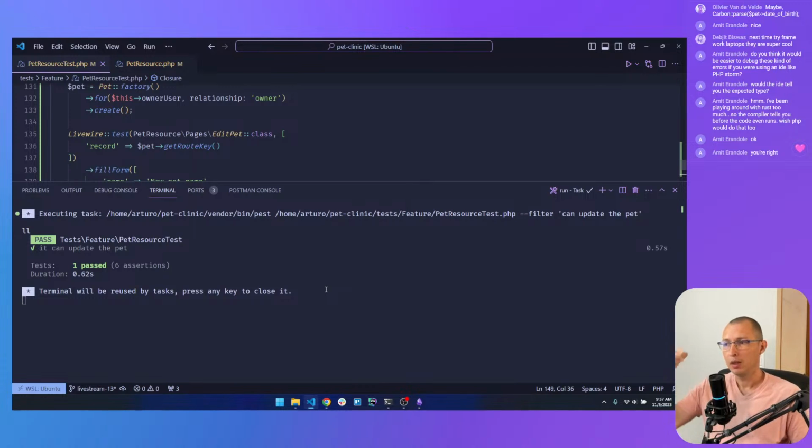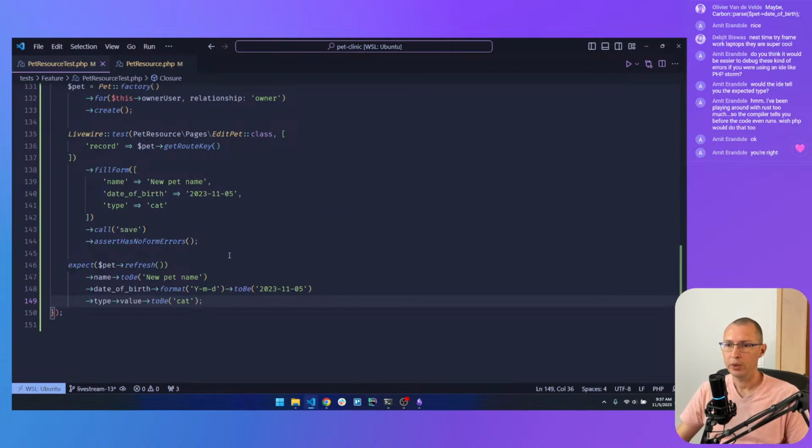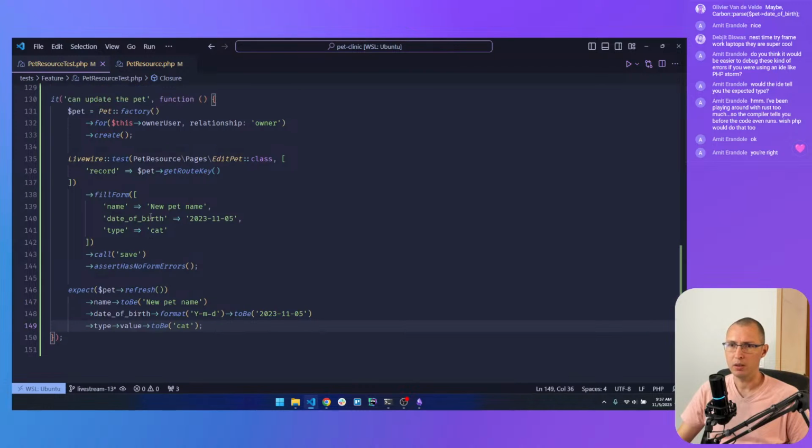And this is passing because Filament already, when you create a Filament resource, everything should be working out of the box. That's why we don't get a failing test on this one. We could get a failing test if we don't fill in the cat, for example.